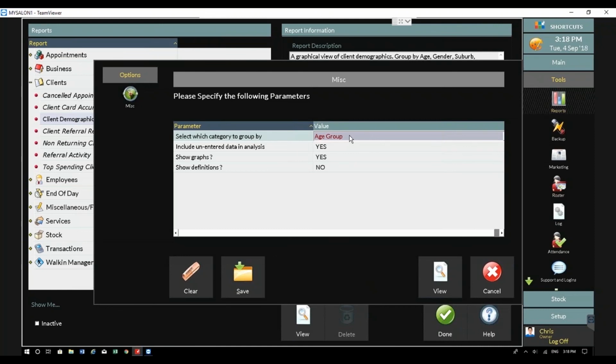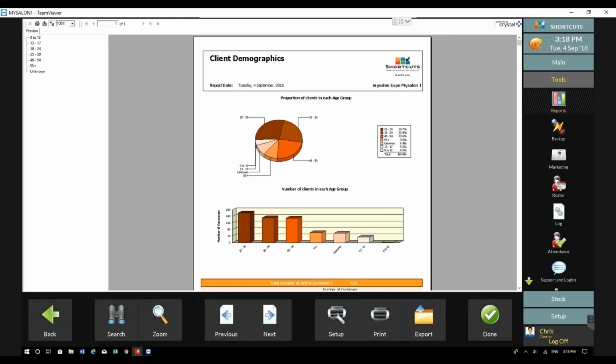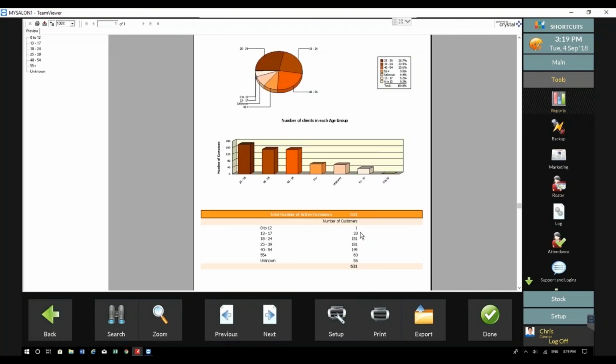So select the field, then press view, and this will tell you how many percent of clients are in that certain age group. It will also list a number of clients that are in that bracket as well. So if you have anti-aging treatments, you could really target a certain age group in here and really push for those facials or skincare products just by looking at this report, and you can target it in your marketing. With the age group demographic,